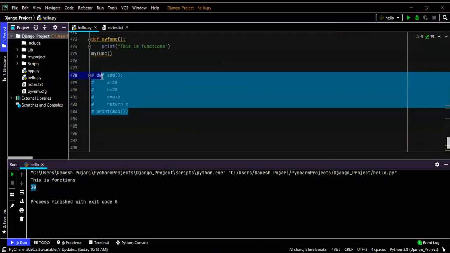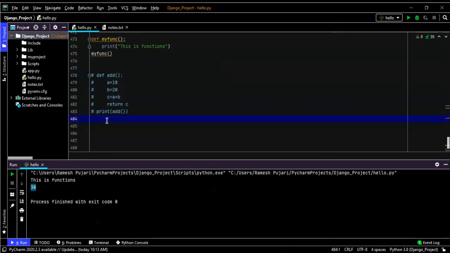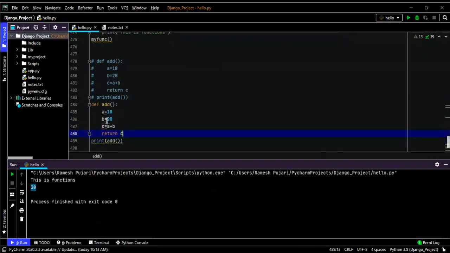If I remove this, I will copy the same function and paste it, and instead of the return statement, I am now not using any return statement.